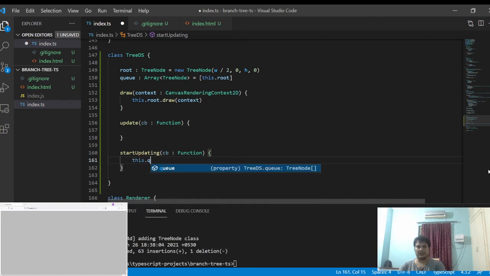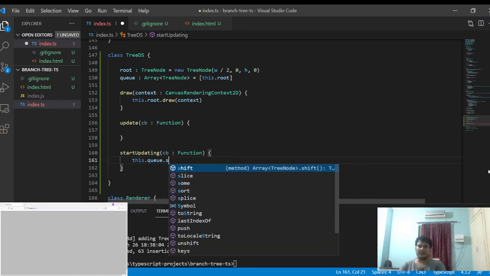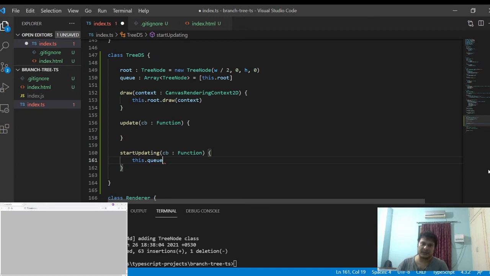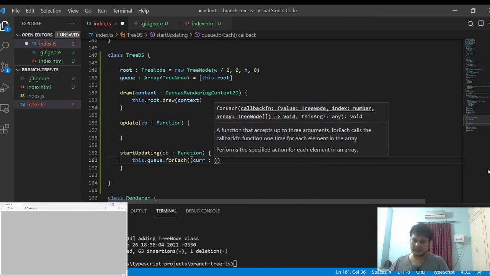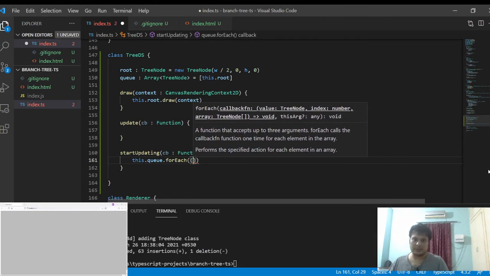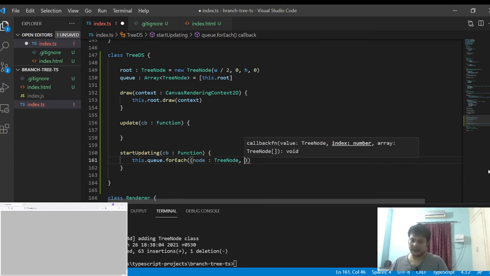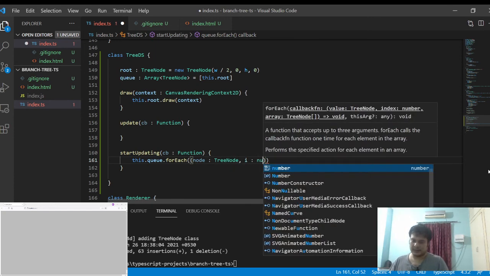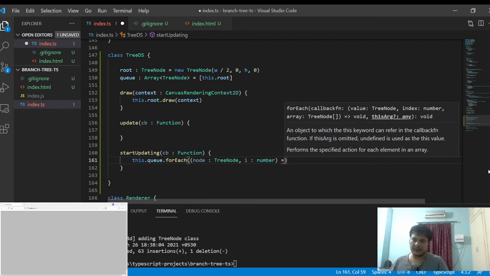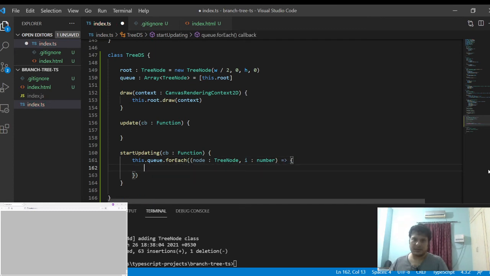For updating, the logic is pretty straightforward, but there is only one change. We'll use the forEach method, and this forEach method will have two things: one is the current node, which we have got while traversing, and the index of the current node.